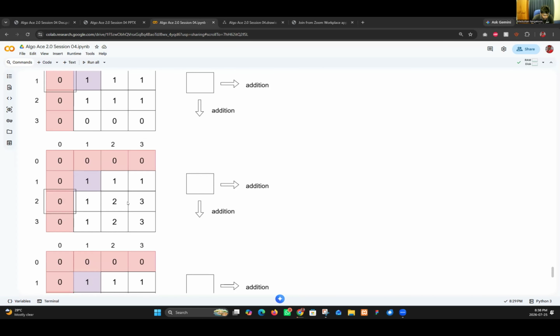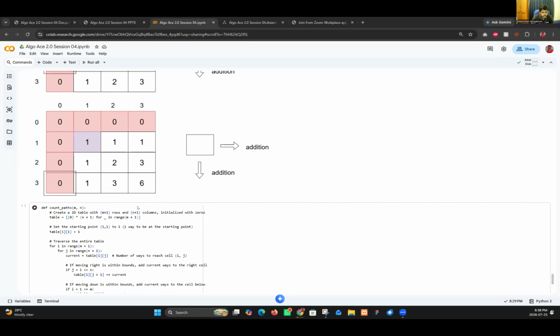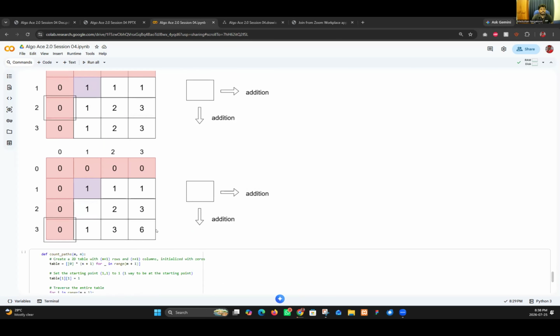This is the second way, and this is the third way. After that, you will get 6 as the answer. Since you know that 6 is the answer, definitely you will get it.